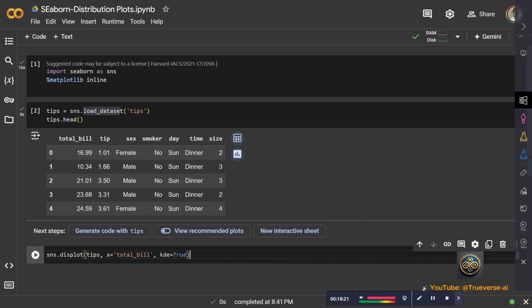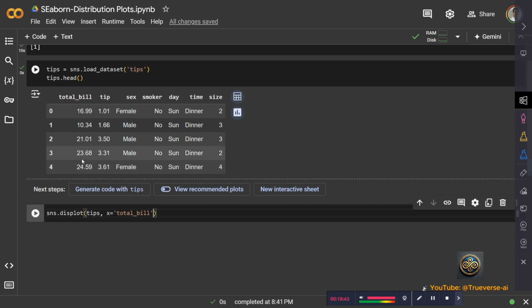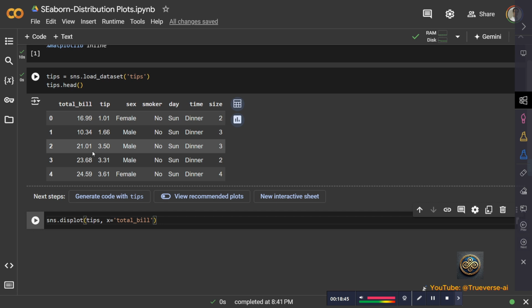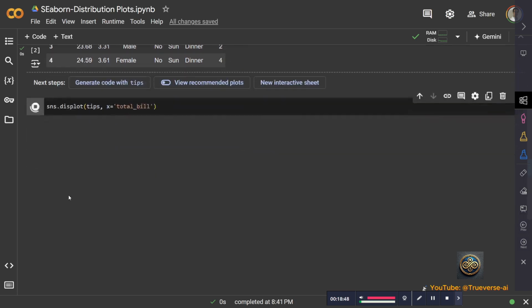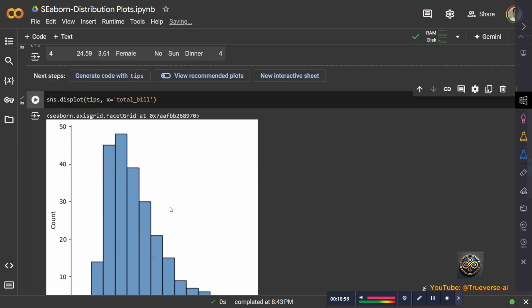So let's first forget this part and just see one distributed data set. We call it total bill. Based on the total bill information here, and density. So the data is based on the total bill. As you can see here,